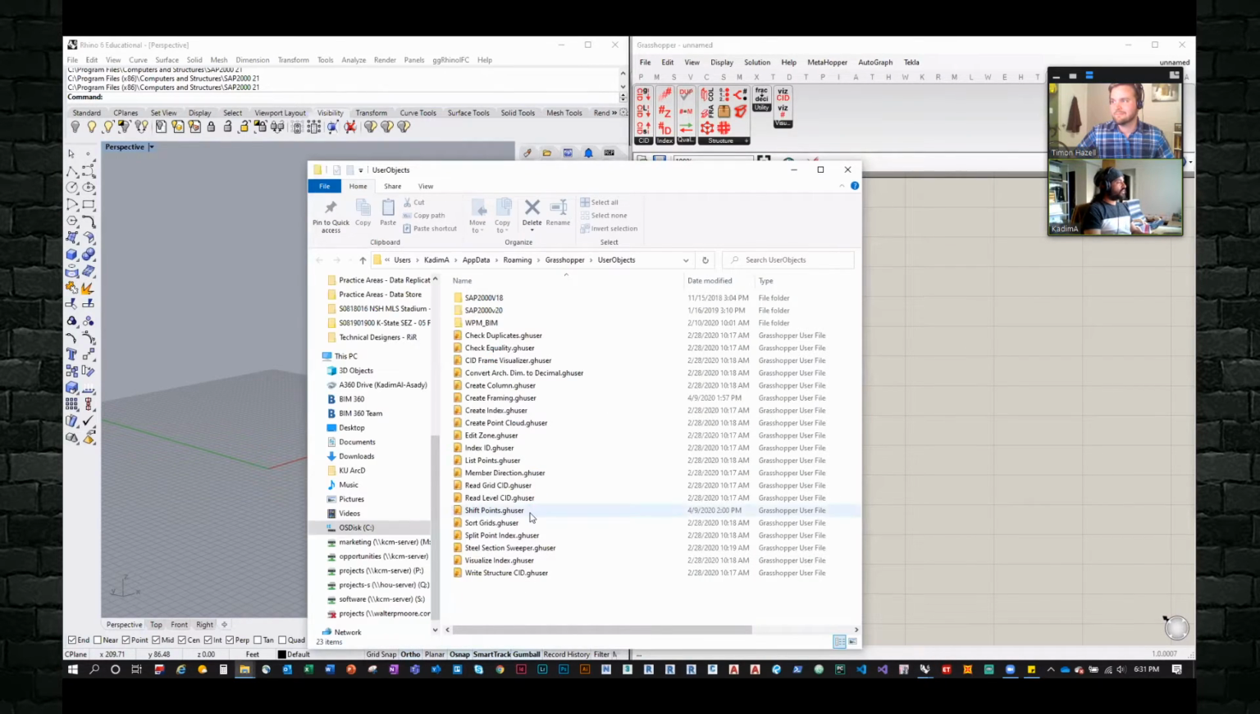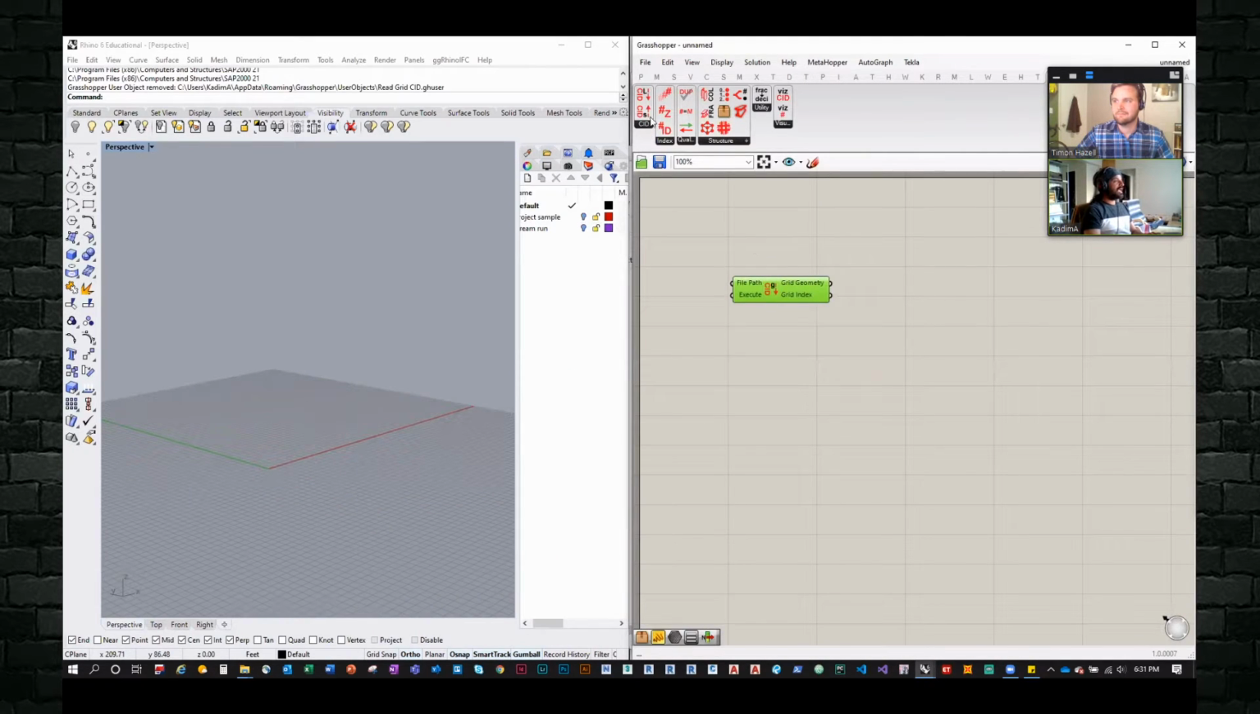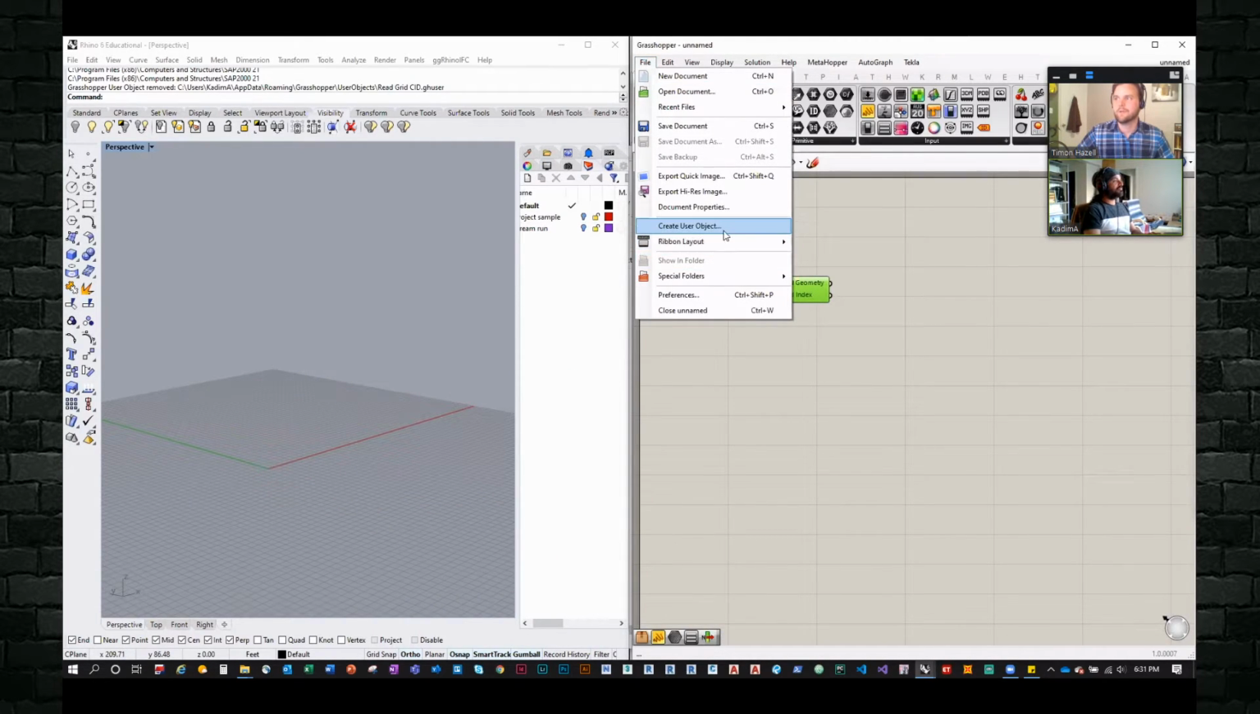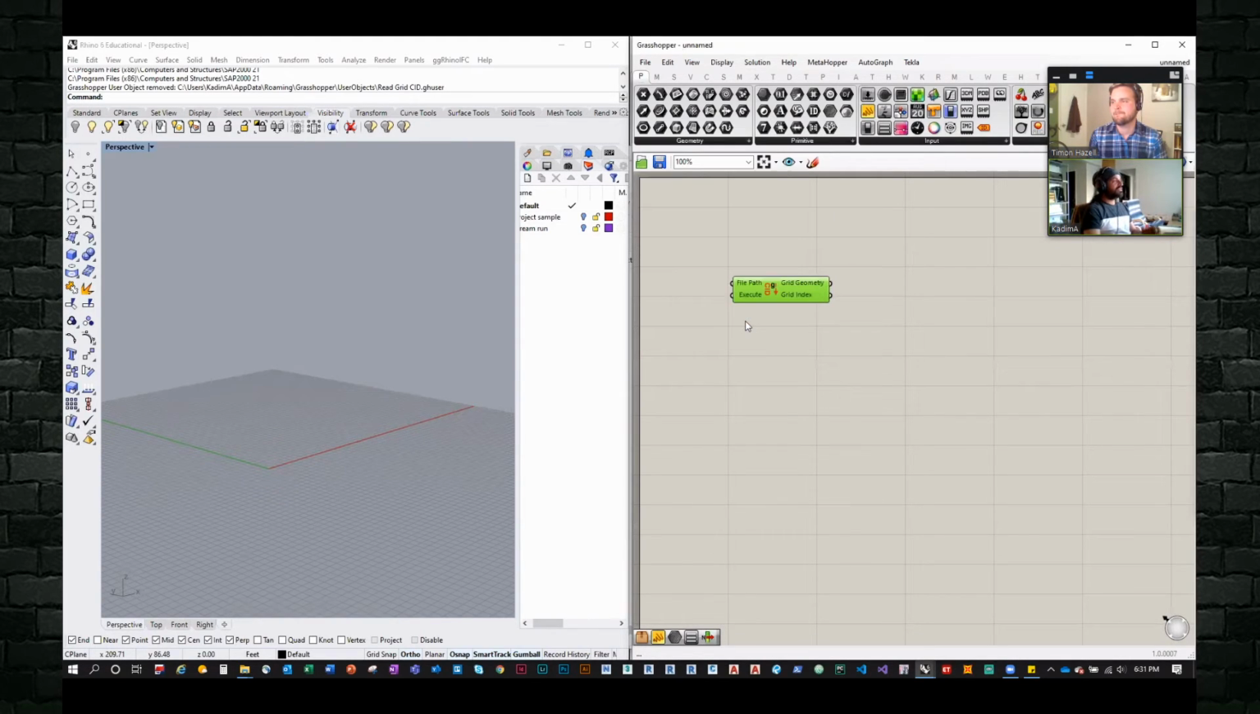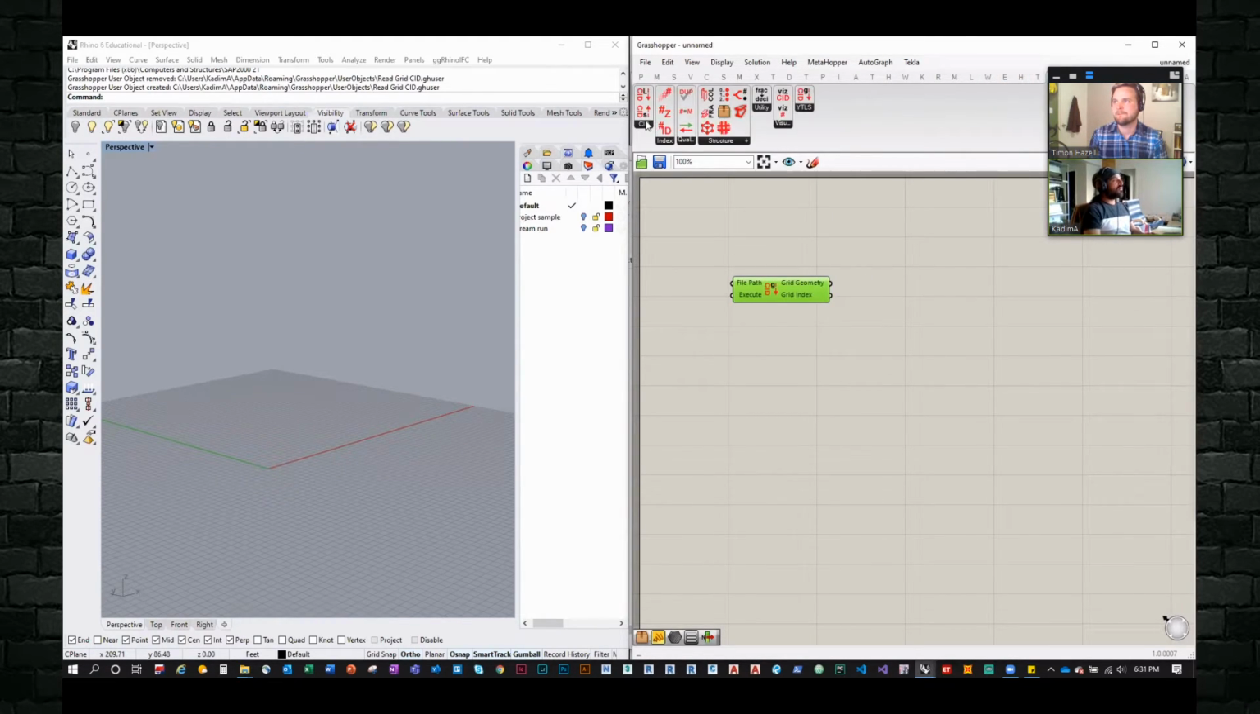And so this is my read grid cluster. Delete it, and now I can save it again. Create user objects, and it will remember all of the information. Say okay, and now,